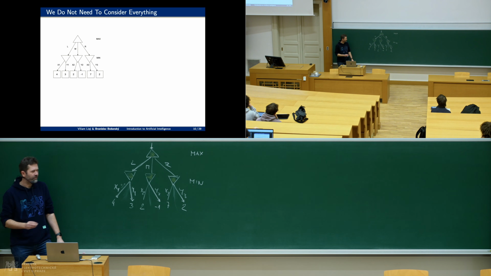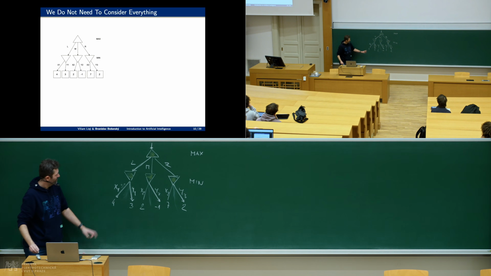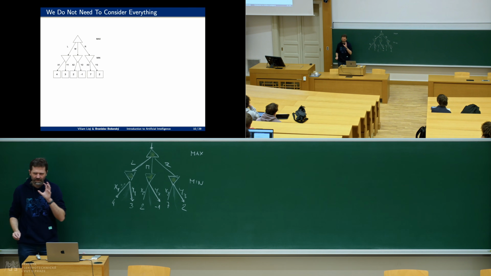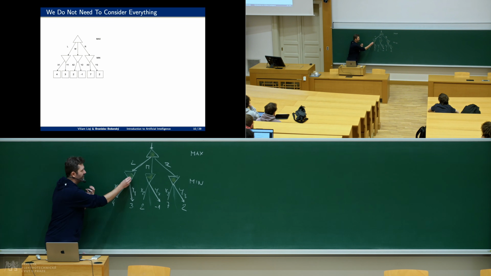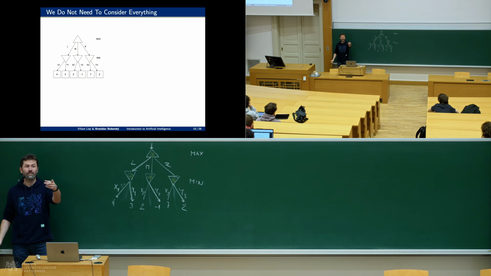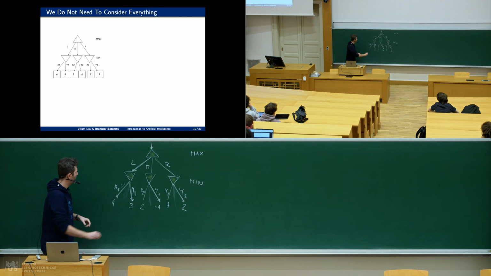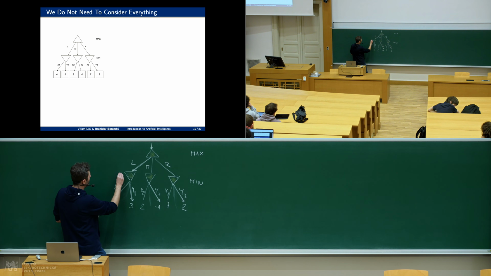What is necessarily true if I find out that after one action here, x1, I will get value 4? What can I say about this value? Exactly, it's at most 4. So after receiving 4, I know that the true value that I don't know would be less or equal than